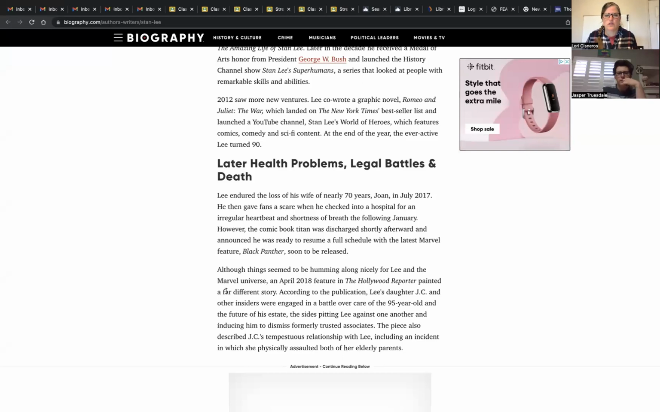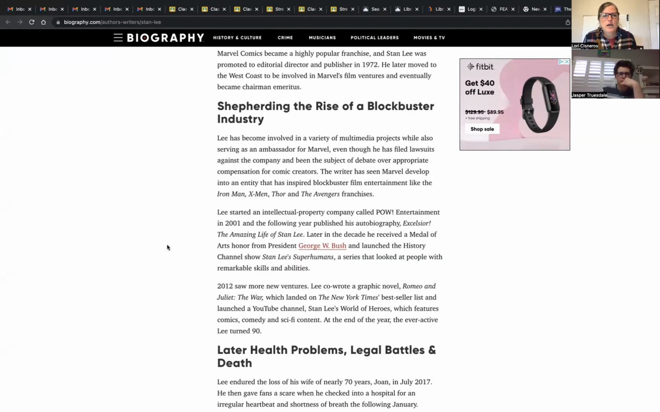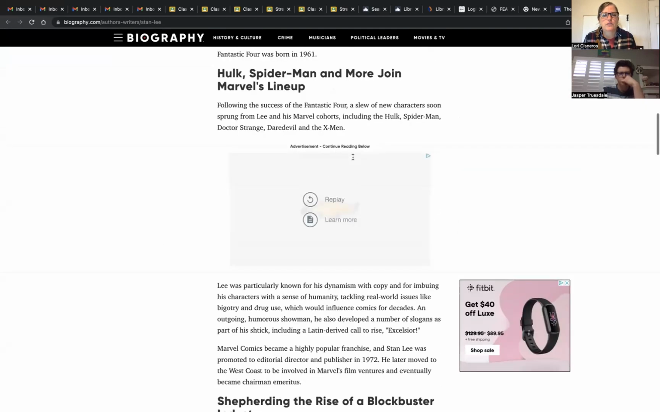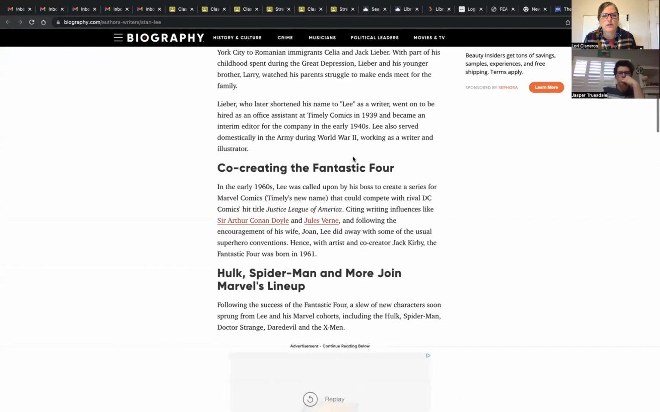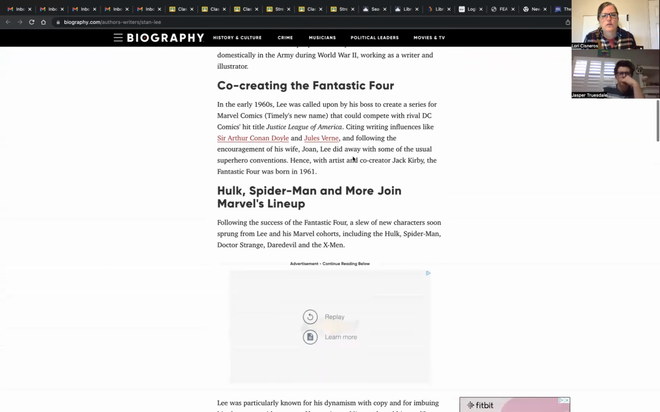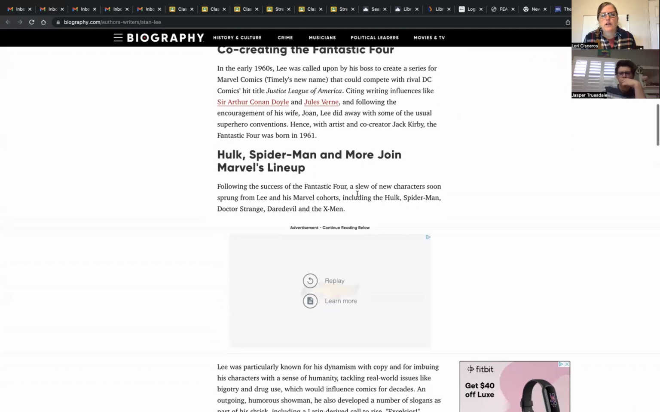So like I said earlier, you would actually print these and then put these notes. Well, it's basically the titles. So I would highlight them or put them in the margin or something so you know where they're at. Lee has become involved in a variety of multimedia projects while he was serving as ambassador for Marvel. So he started with the comic books, I'm pretty sure. Let's go back up here. Yeah, so the characters,